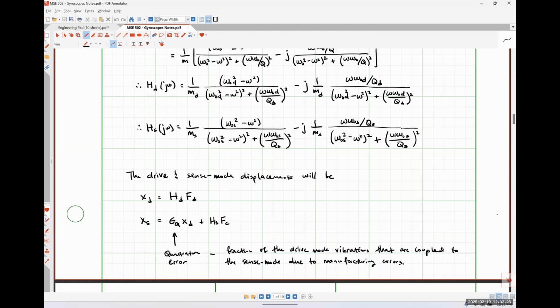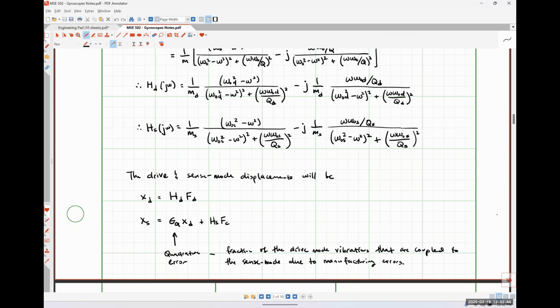And then our sense mode displacement will be dependent on our quadrature error term, which I'm going to talk about a little bit today, times our drive mode displacement plus our transfer function h sub s